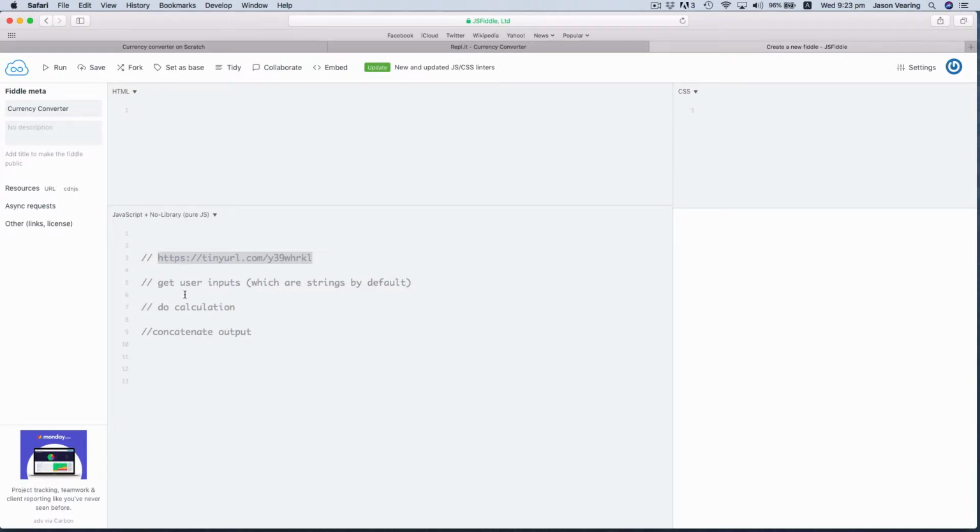I'm going to get the user inputs. Now they are strings by default. That doesn't matter so much in JavaScript, but it's good to know what your data types are doing throughout your program. We're going to do our calculation, and then we're going to concatenate the output. So first input is prompt of enter the name of the currency. So if I run this now,